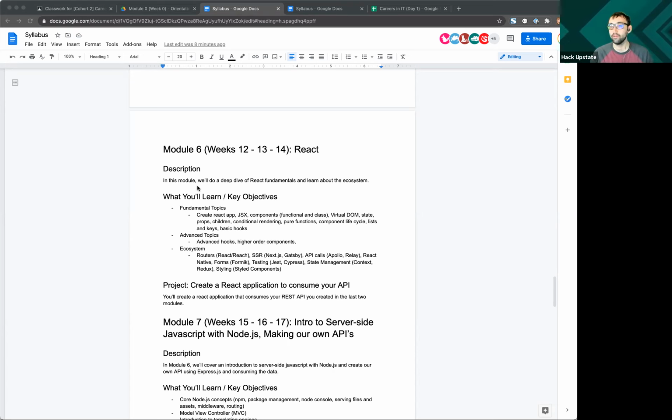You may have heard of jQuery before. jQuery was the primary way to work with JavaScript in the browser about 10, 15 years ago. And in the past 5 years or so, it's been started to be pushed out with React. Angular is the other major competitor to React, and you may have heard of something called Vue as well.